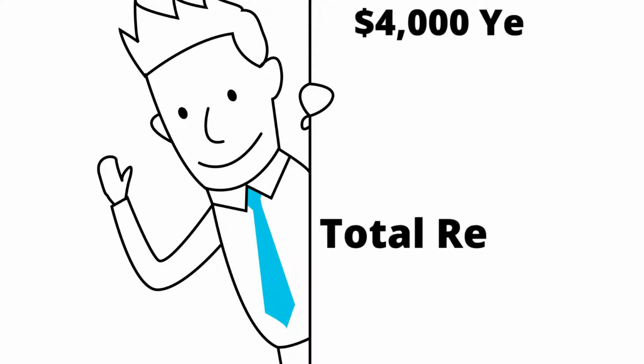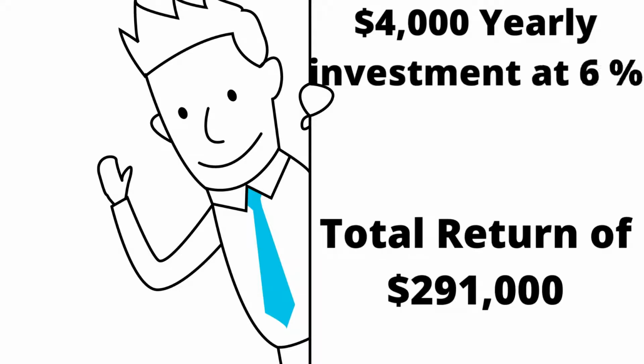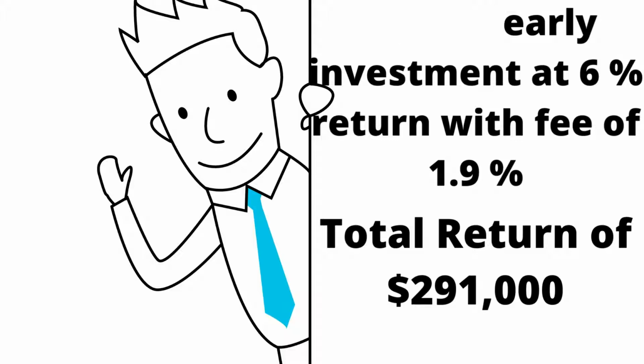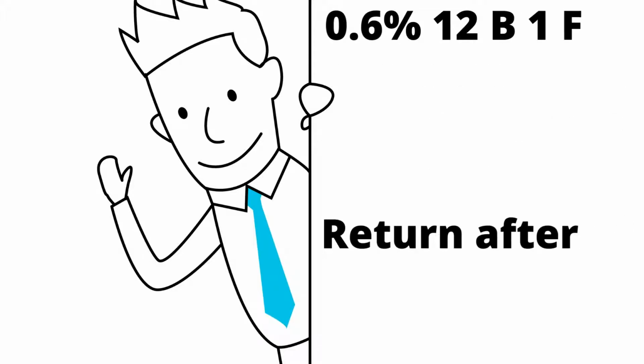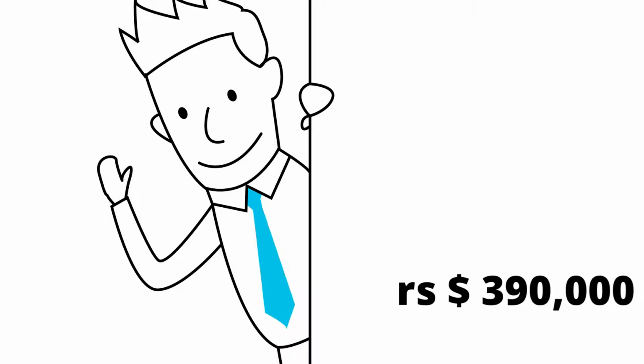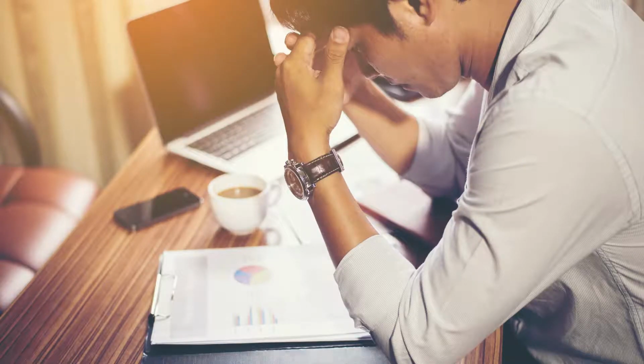Let's say an investor is 30 years old and he contributes $4,000 a year, with a yearly return of 6%. With all in asset-based fees, including the 12b1 fee totaling 1.9%, he will have $291,000 by the time he hits 65. By switching to a plan with fees that total a much more reasonable amount, say 0.6%, he would have $390,000 in his account by age 65. That's a potential difference of almost $100,000. Certainly, something worth considering. New investors should be curious about what high 12b1 fees could cost them over their investing